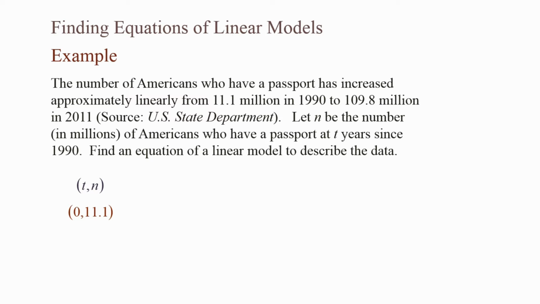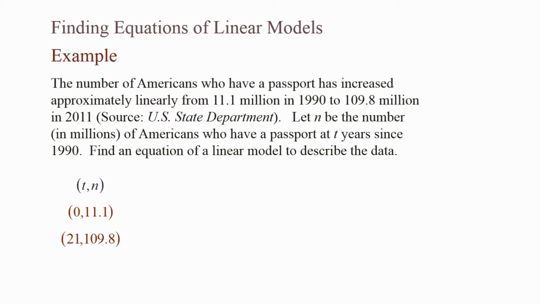Looking at our second statement, 109.8 million in 2011, to decide that ordered pair, we need to figure out how many years have passed from 1990 to 2011. So 2011 minus 1990 gives us 21. So our second ordered pair is (21,